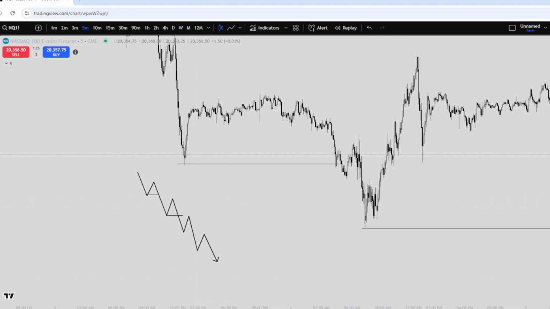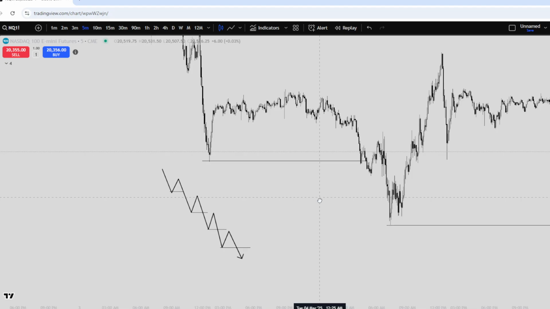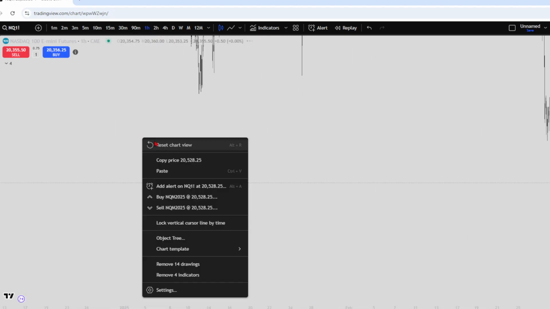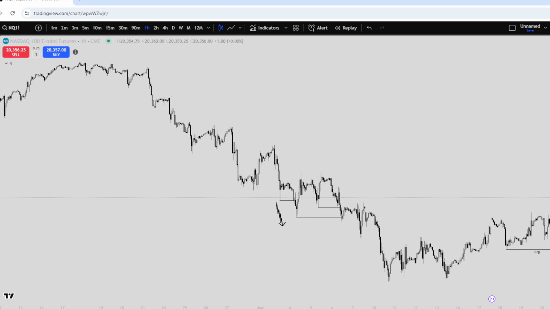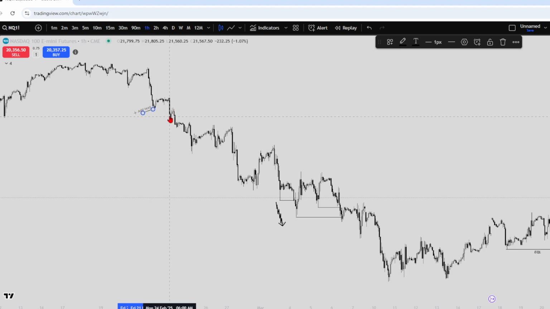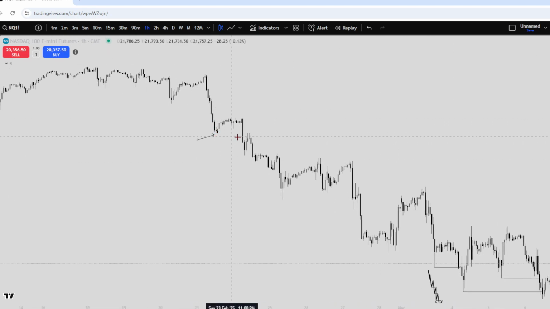So notice how this kind of measures up to this. We make a low, we trade through it, and price comes back up as a retrace, right? Again, here we trade through,